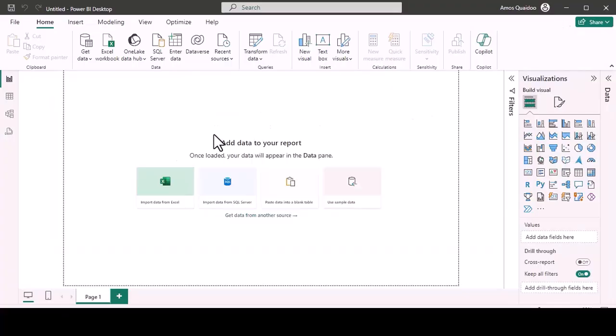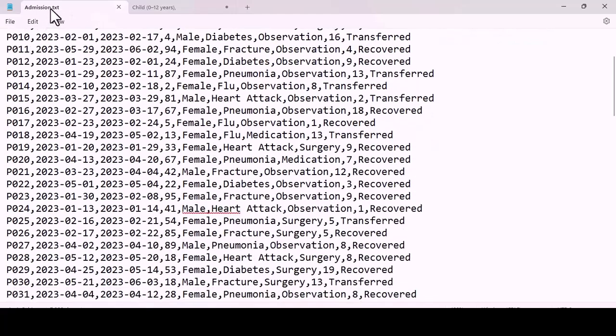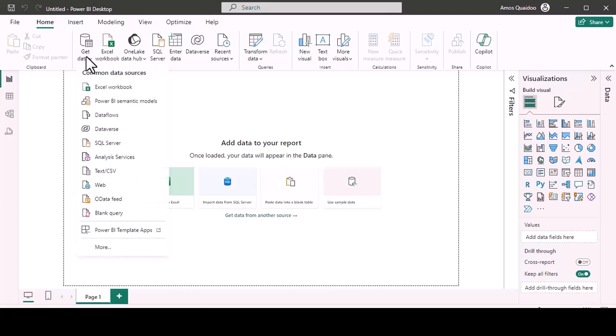Now let's go to Power BI. Here we are going to import the data into Power BI. This is our data, and it's in text format, and we want to import it into Power BI. So we go to get data, then we look for Text/CSV, because the data format is text. You select it,